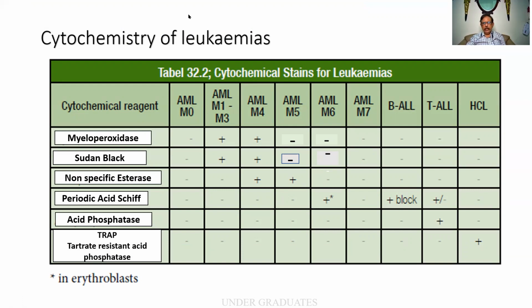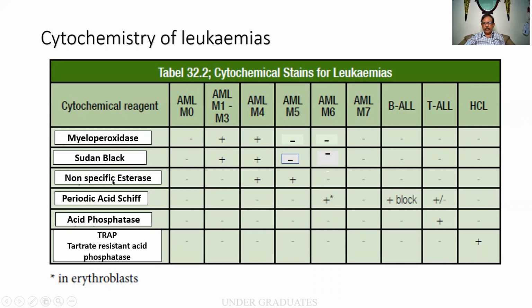And this particular column, which I have redesigned, this from my book, one page. I would like you people to kindly memorize it. It is not very difficult at all. Myeloperoxidase, for example, is positive in a case of all myelocytic cells. So M1 to M4. So it is positive. I mentioned it. All the others, it is negative. Easy to remember. Sudan black, same as myeloperoxidase. Positive in M1 to M4, negative in others.